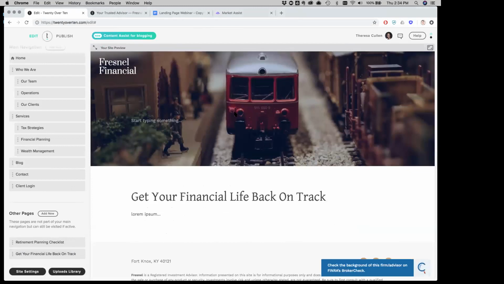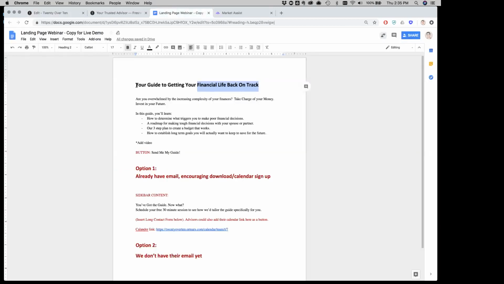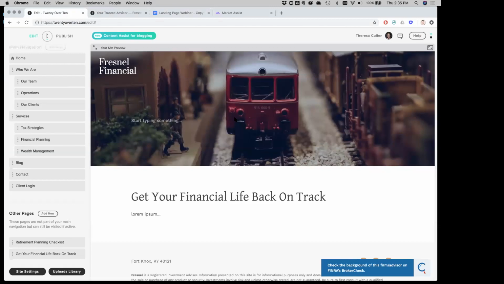And what I can start to do now is very easily build out the content that I have laid out already. To Sam's point, this specific page and the content that we're going to be adding is the use case that would represent if we already have someone's email and we're simply trying to get them to do a next actionable step, maybe schedule a calendar link or something. So in here, I have some content that I want to pop in.